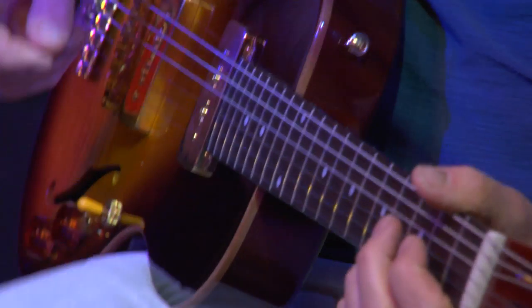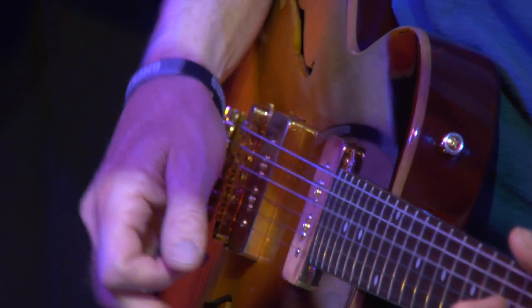But I love the fit and finish of it, and it reminds me a little bit of playing an acoustic guitar that is set up to play. I mean, it's got that kind of nice neck,